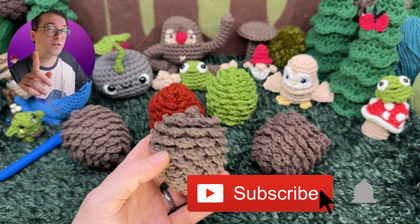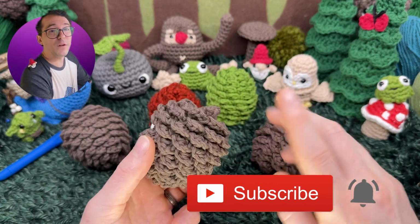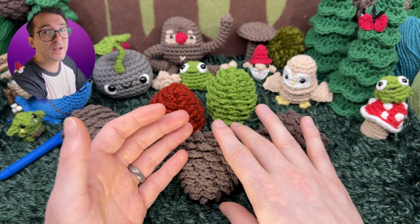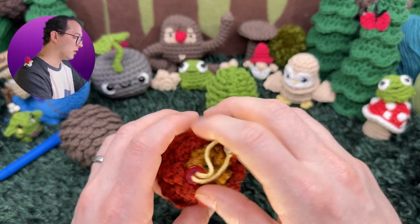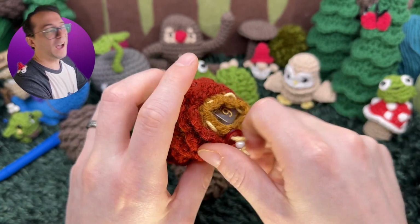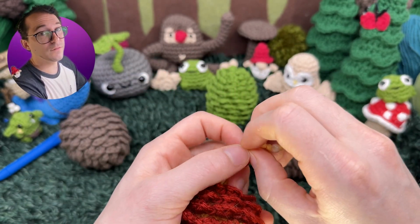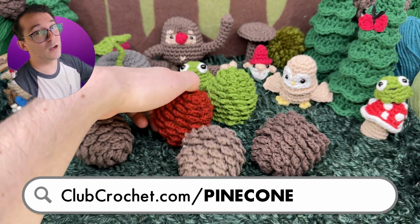This is the abridged version of the pattern, by the way, so I'm gonna assume you know how to crochet a little bit, but I did record a full-length video as well as a lefty video. There's written instructions. There's instructions for how to turn it into a dice pouch, so you can turn it into like these little dragon eggs that you can keep dice in. I think it's really cool. You can find the instructions for the full length one or whatever, all the other versions of this tutorial at